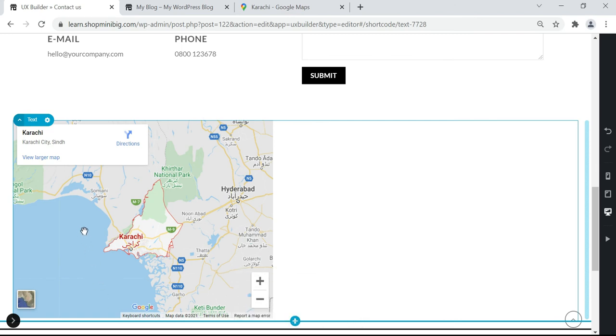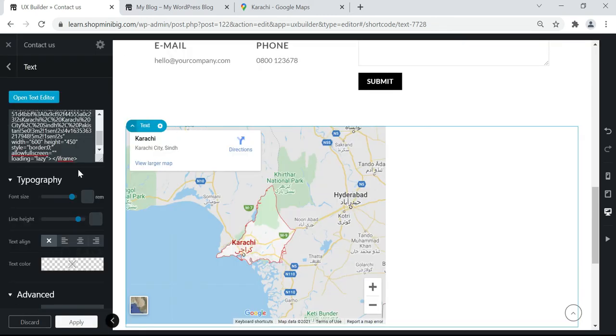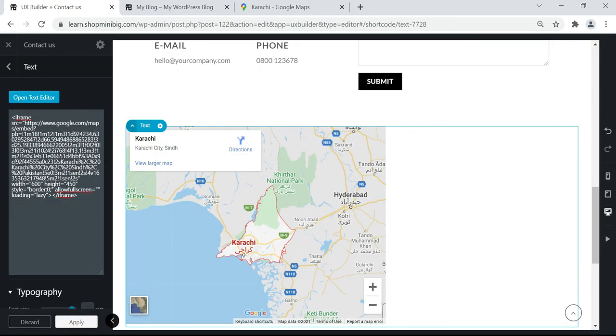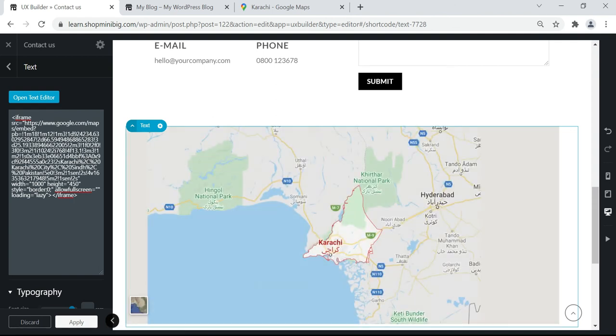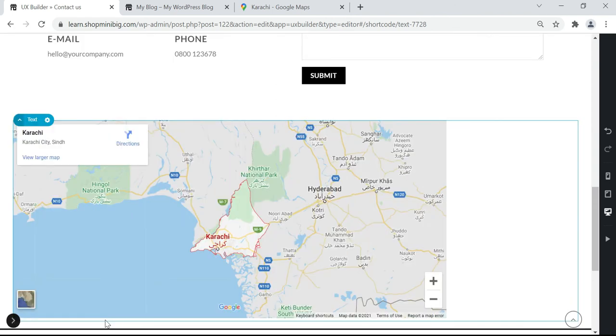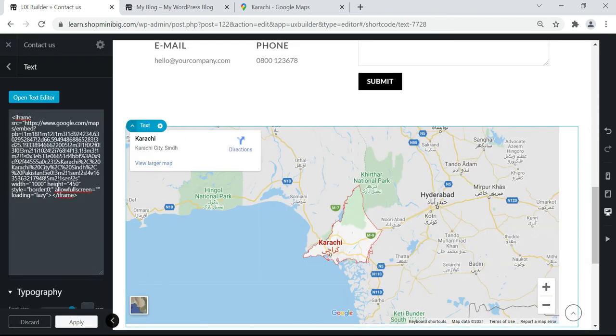But now we can see that the Google Map is loaded successfully, but it's not full width. Just go to this setting and make it large. Here you can find the width and the height. Just make it 1000, so it will be full width. No, still it's not full width, maybe 1200.